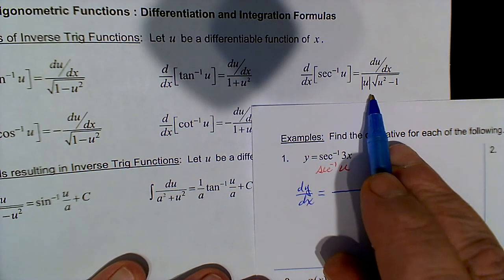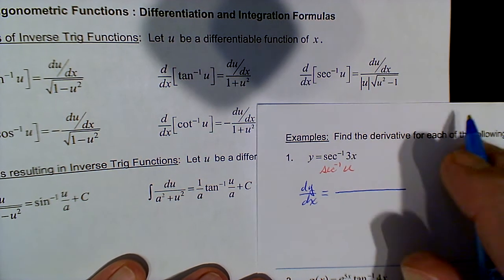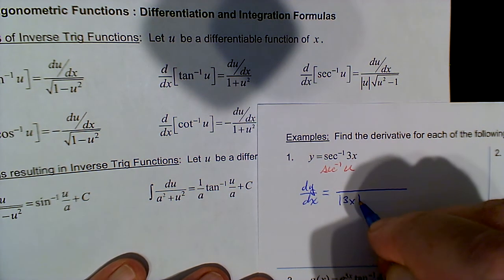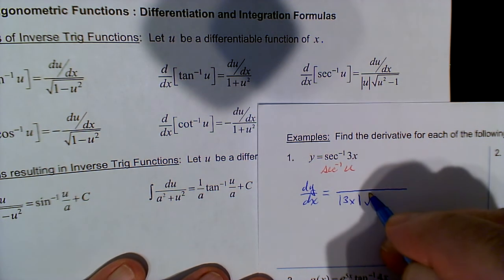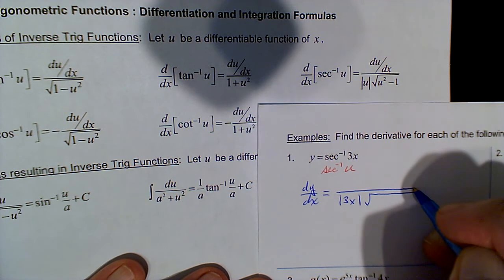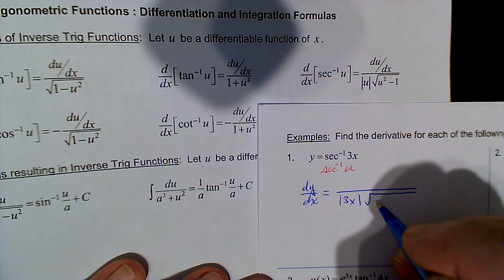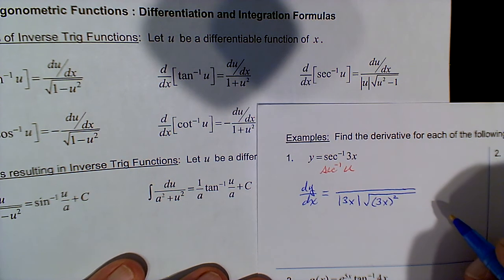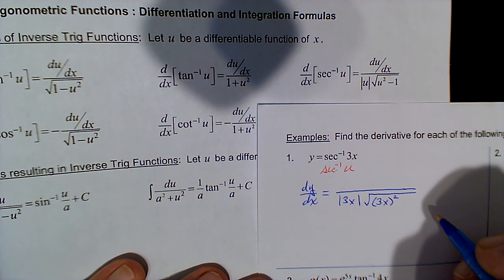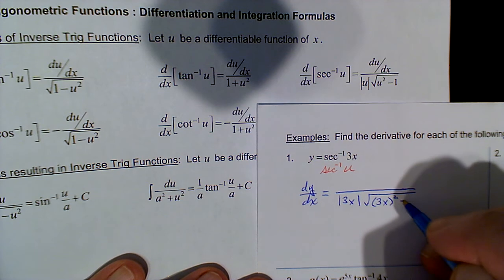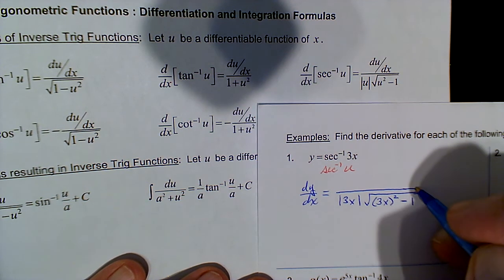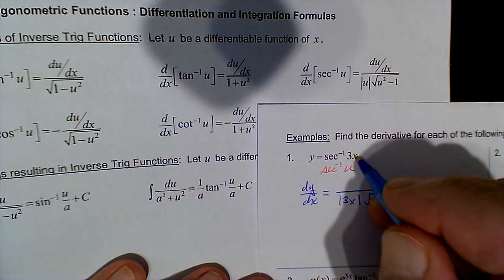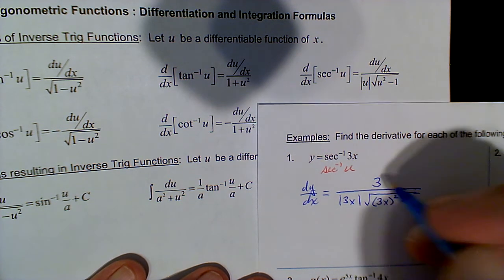I always fill in the denominator first, it's your choice, but in the denominator of the fraction is the absolute value of u, and in this case u is 3x, and then underneath the radical, the square root of u squared minus 1. Now u is 3x, so when we make that substitution, make sure you put parentheses around it and indicate that it's being squared, and then as part of the formula minus 1, and then simply du dx goes in the numerator,